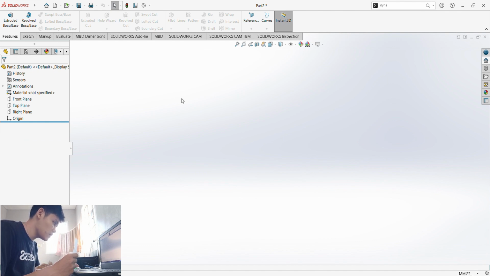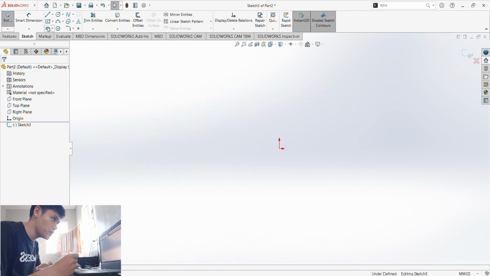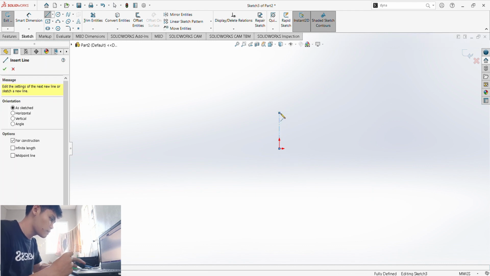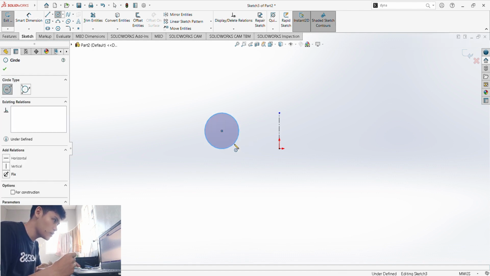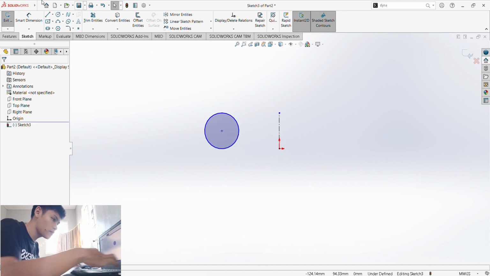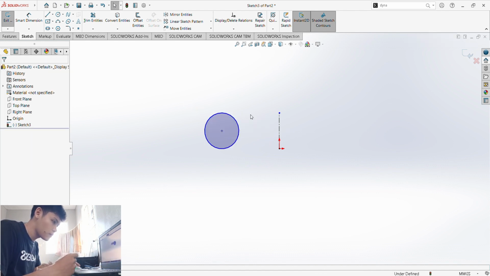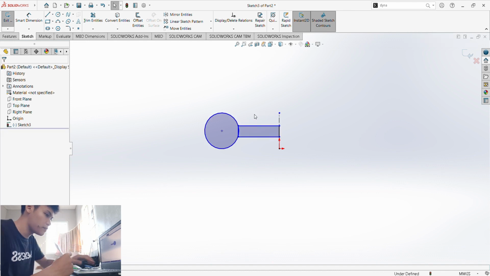So next, Control Tab, let's go to our next component. So again, let's use MMGS, then sketch, select the top plane, and let's create a reference line or center line, and check. Then let's create this one right here, which is just a circle, and then a rectangle. I forgot that we have center rectangle, so this one, this one.